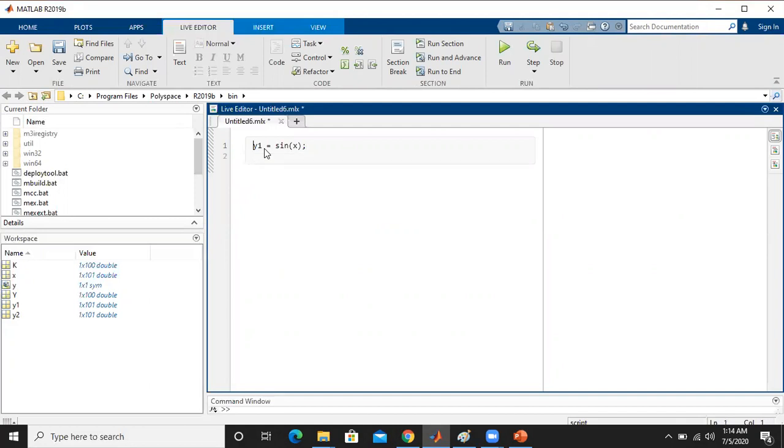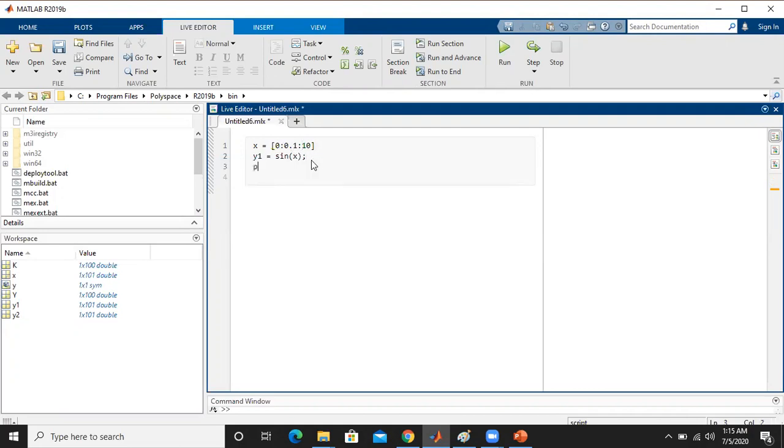Now I want to specify the range of x values over which this function has to be plotted. Those values have to be given in square brackets. The start point is 0 and the end point is 10. In order to make the curve smooth, we indicate the increment as 0.1. So it goes from 0 to 10 with increments of 0.1 between all the numbers.